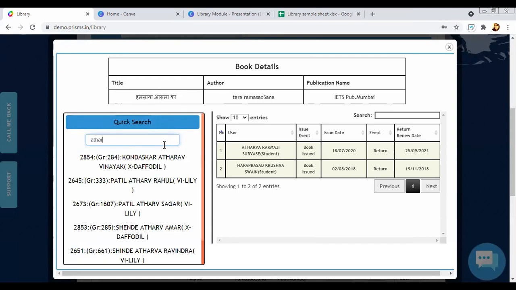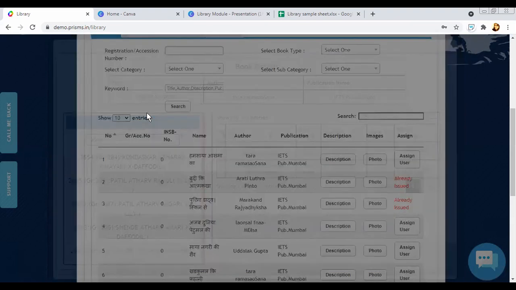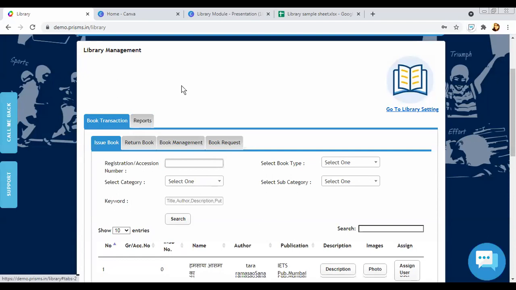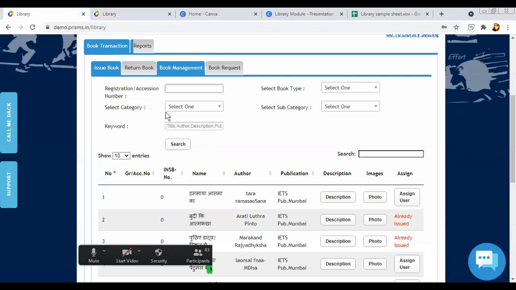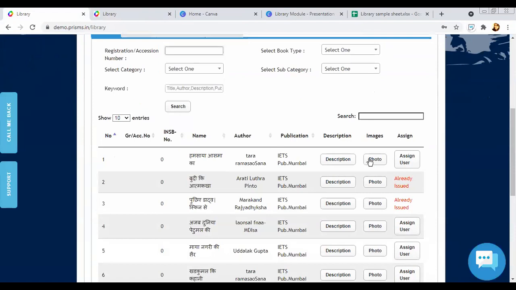But how do I get to know, suppose for this student, how many books have been assigned to this person? We do have that in reports, where I can check how many books are assigned to one child. We'll cover that later in the reports part. But I think while issuing a book, it is required somewhere to know how many books have already been assigned to that user.